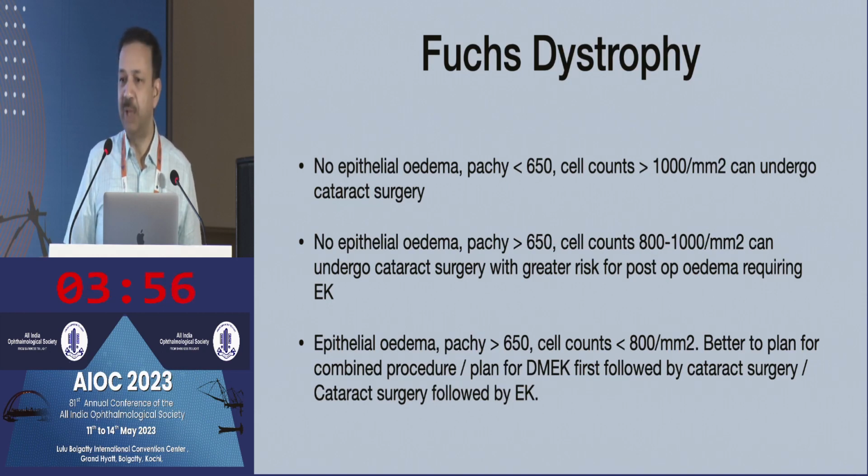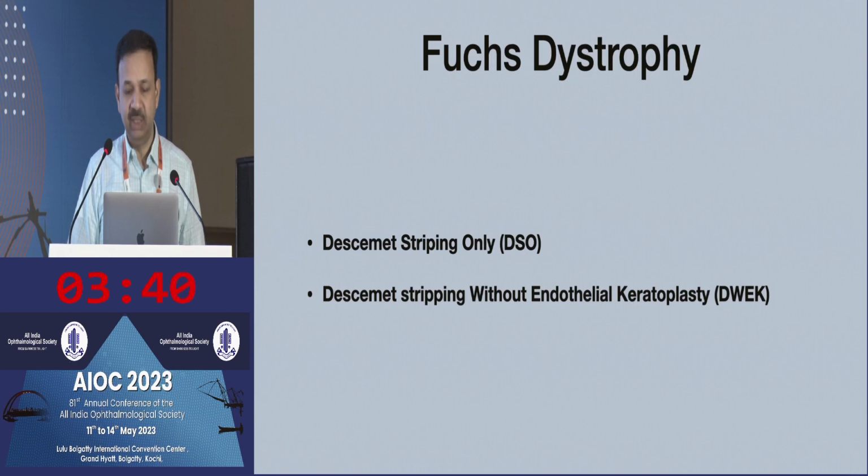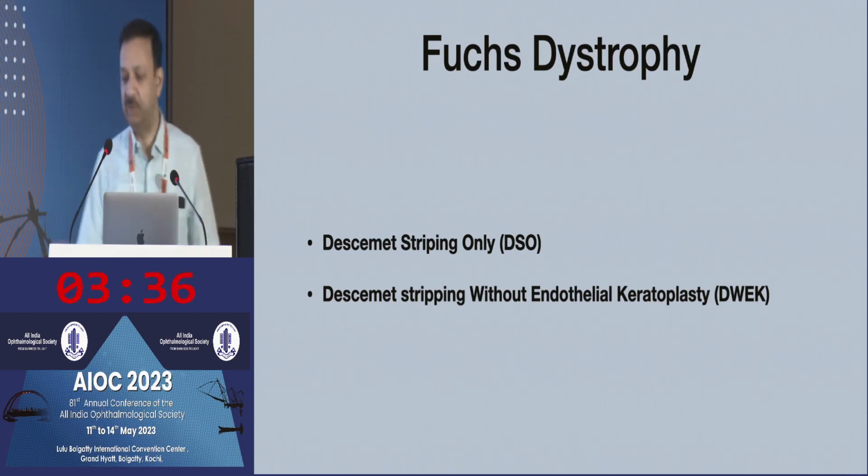But if the pachymetry is less than 650 and you find that the cell counts are maybe 1,000 or more, you can still go ahead, and the cataract is not very hard and you can do a comfortable surgery. You can always do a sequential surgery where you do the cataract surgery first and come back and do a corneal surgery later. If the guttae are limited only to the central 4 millimeter, 5 millimeter area,